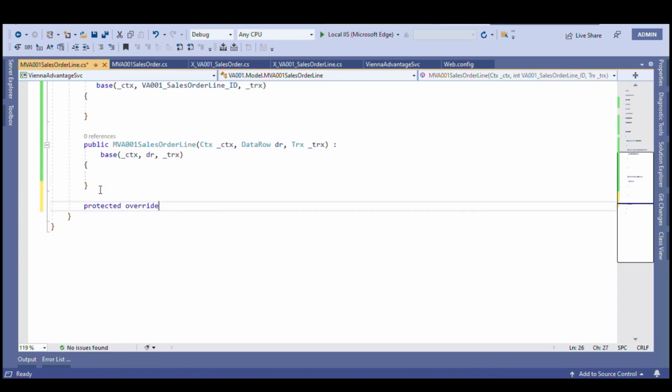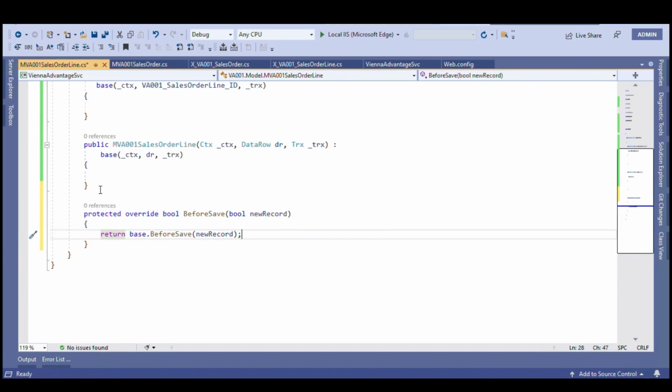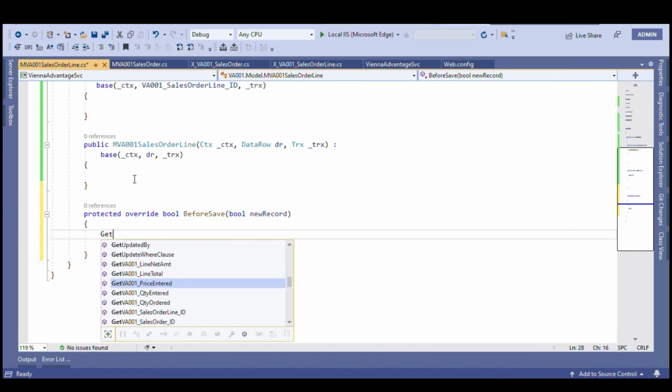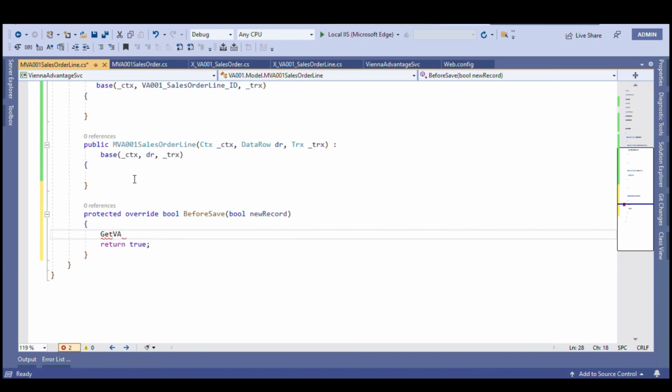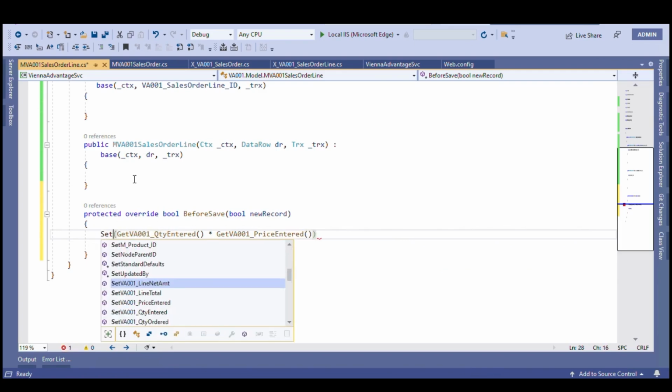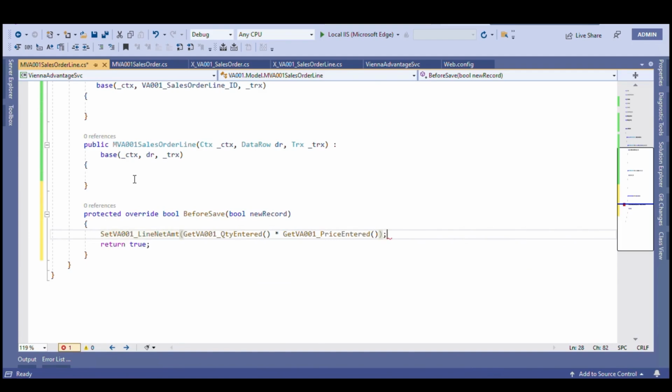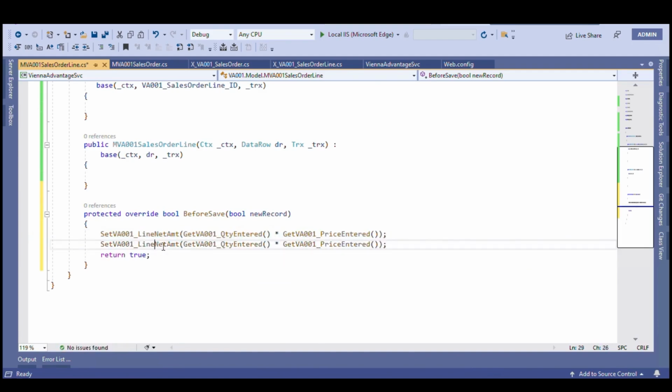Writing protected override before save in M class. The return type will be a bool, so I will return true. We have the quantity entered in the column named VA001. It is important to know the names of the columns. Next, we need to get VA001 underscore price entered. Then, we will multiply the values and set these values in line net amount, and in either line total amount or line total. A variable can be taken here to perform the calculations and set the values in these two